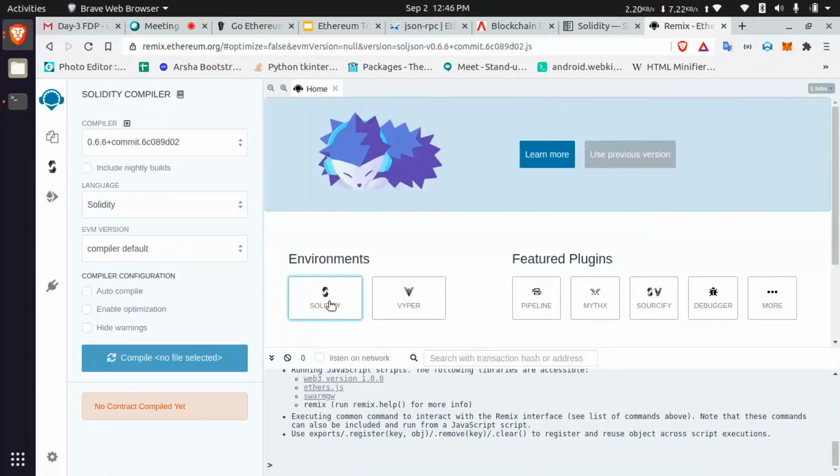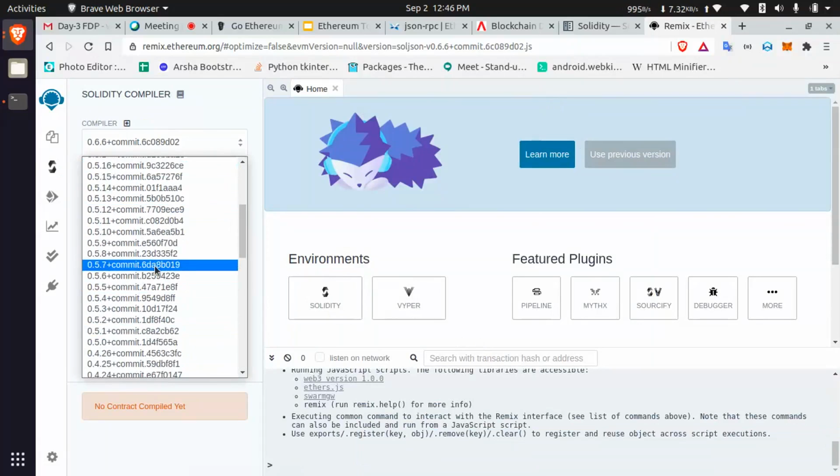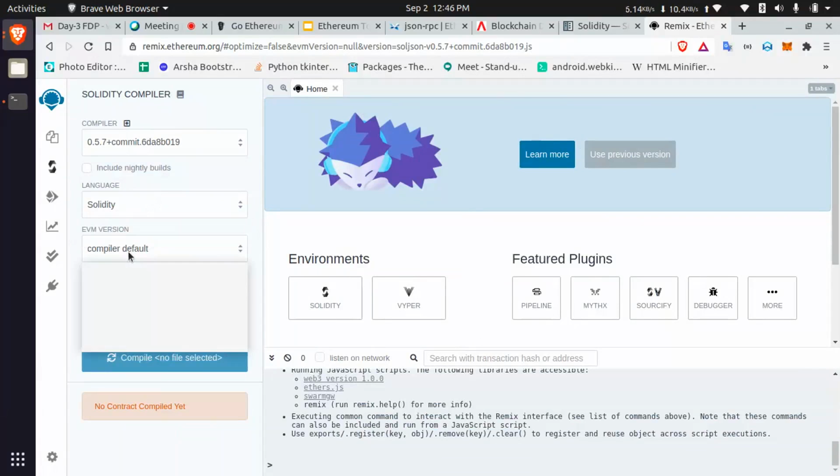Then if you click the environment for Solidity, there are a lot of compilers. Which compiler are you going to write code with? Just select the compiler and then the language, Solidity. As of now I know Solidity only, but in future they can add support for multiple languages in Ethereum, because they are converting into bytecode only. So any language can be converted into bytecode.